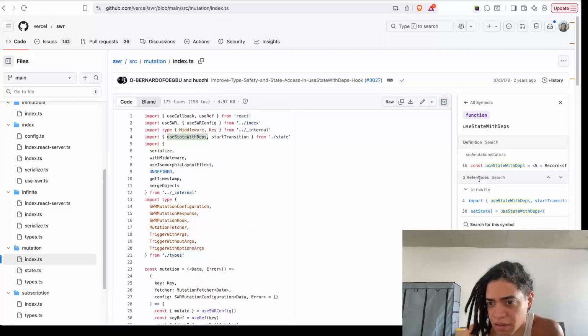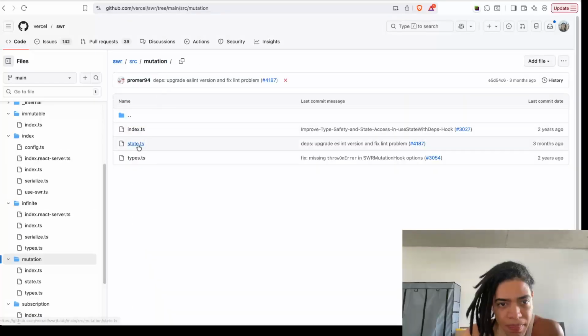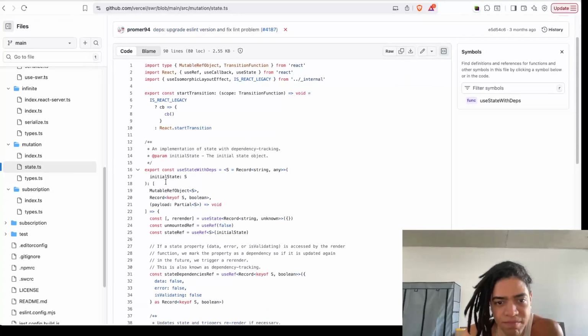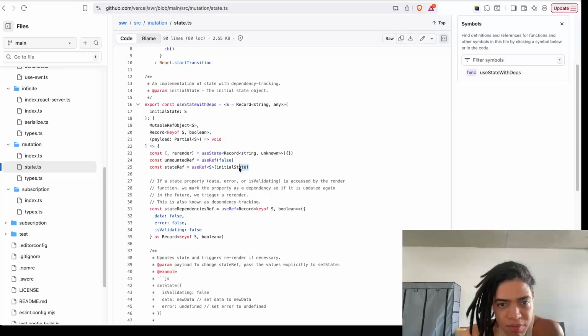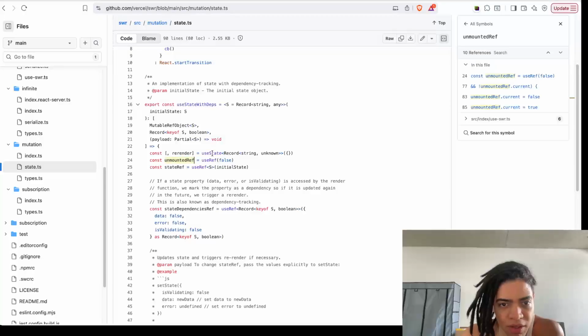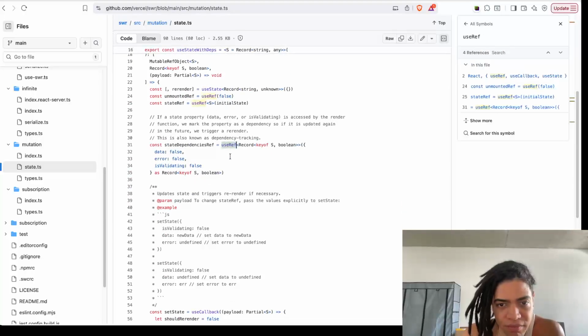Use a state on this state that live under this state here. And this is actually where it's going to roam. Okay, to remember this piece of information. Unmounted ref, use a state, use ref, and here you are now holding a piece of information here. If I state properly,